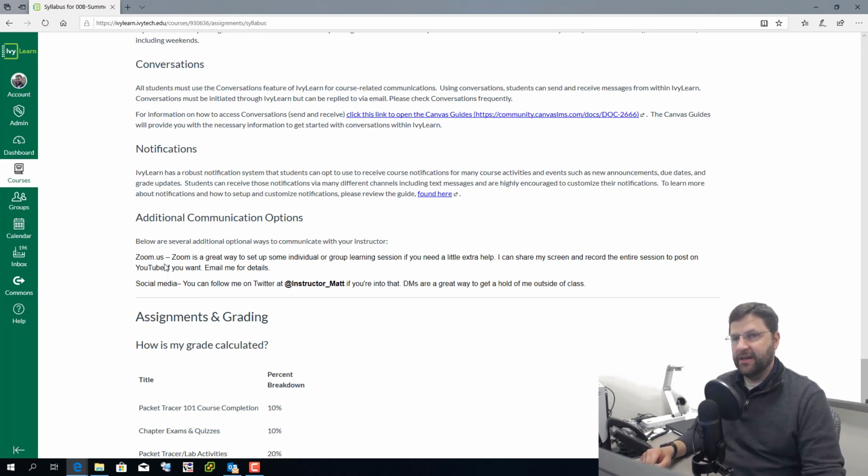You don't need to have a webcam. You do need to have a microphone of some sort. Most people have a microphone. If you're doing it from a laptop, your built-in microphone is totally fine, or whatever Bluetooth or USB microphone. And that's only if you want to ask questions. If you just want to join and listen, then you just need speakers and a computer or your phone. You can do it from your phone.